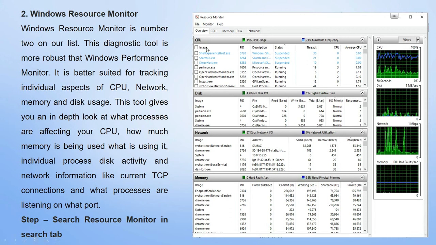Okay, now see, this is the CPU performance, now the disks, now network and memory, all should be displayed here only. As compared to the last option, this one is more powerful for monitoring your Windows resources. Okay, so same procedure, go for your resource monitor, you will be getting this screen. Then